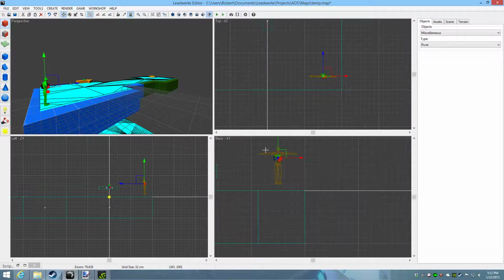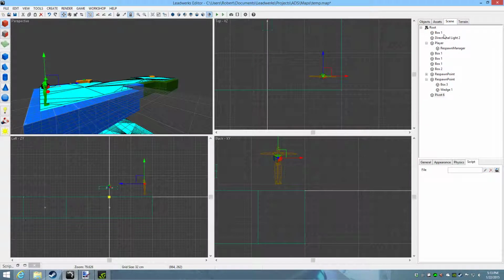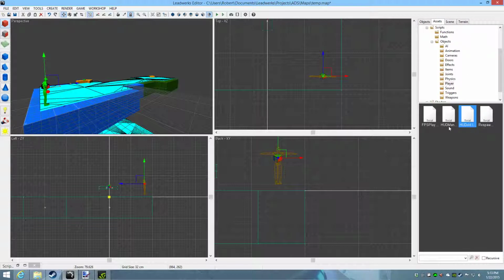It does not matter that those pivots are stacked like that. It'll be okay. And then we're going to come in and find that pivot. The last object you placed in the scene is always at the bottom of the tree here. And then we're going to just call that HUD Manager. Alright, so we're going to take that HUD Manager, dump it in the player, and then go into Assets and delete